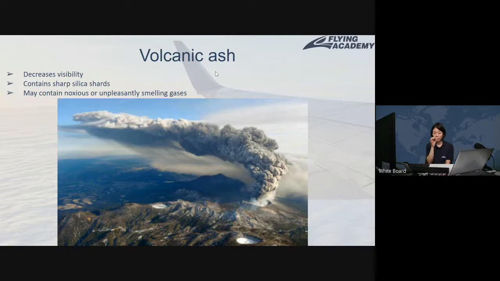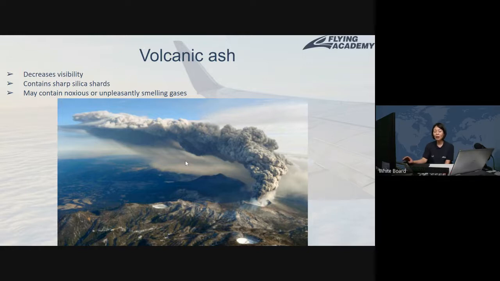for the aviator. What's going to happen, as you can see, is that visibility decreases, and it's not only the dust. There are a lot of small particles of stones, dust, and sand moving around for a long period of time, like days, even months. And not only visibility, those particles can damage the aircraft as well. And plus, the gas released from the volcano can be toxic and smelly,